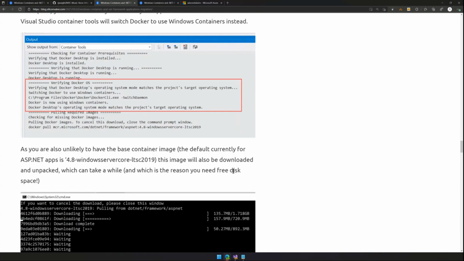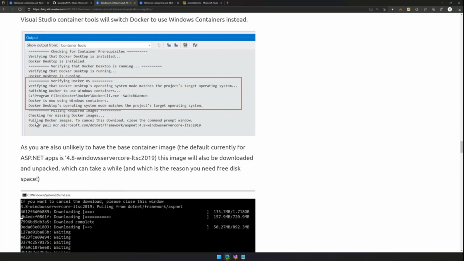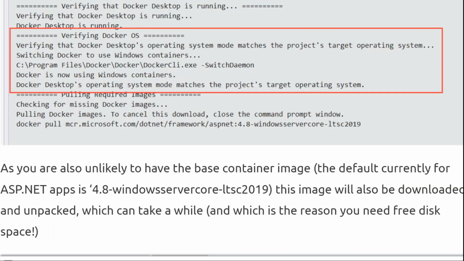And then you'll see in this screenshot, the next thing immediately under that red box is pulling Docker images, and then it says docker pull mcr.microsoft.com/dotnet/framework/aspnet:4.8-windowsservercore-ltsc2019, which is what we talked about before, 2019. So we've got Windows Server Core 2019, and this particular base image is a custom one that Microsoft provides.